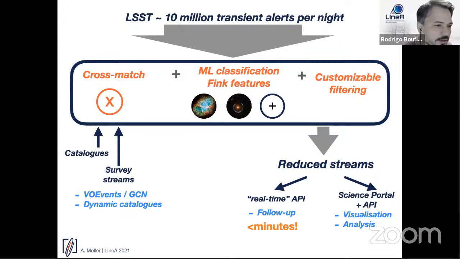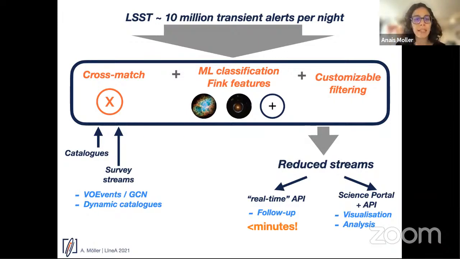I have a question also. When you were explaining that the alerts will be generated from difference imaging data, that means that only what survives the difference imaging is going to be forwarded to Fink. Yes. Okay. So if I was interested in, let's say, single epoch positions of stars, they're not going to be in the alerts, only if it was something that is varying compared to the reference. Okay. Yes. So it will have to go over a threshold.